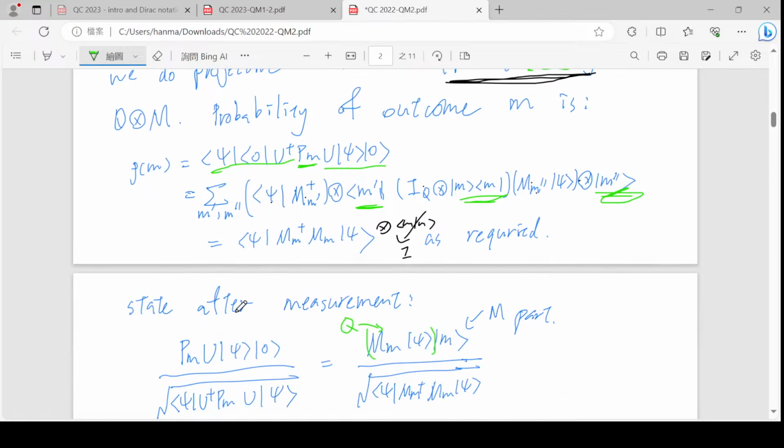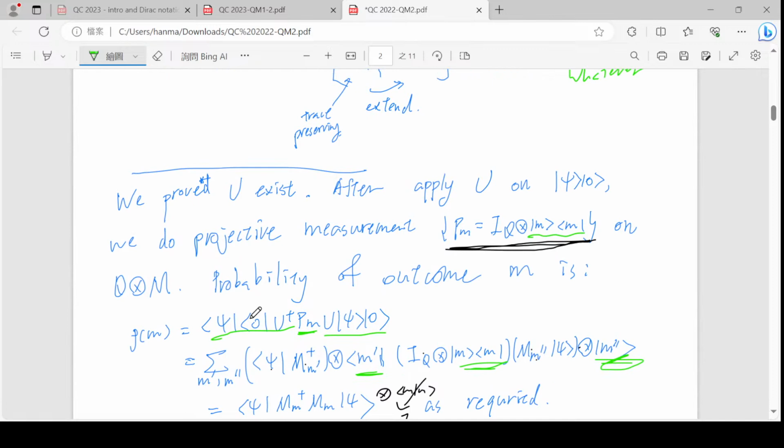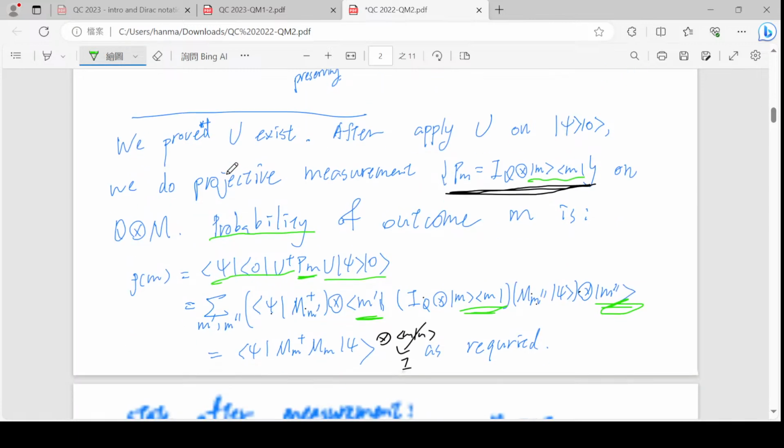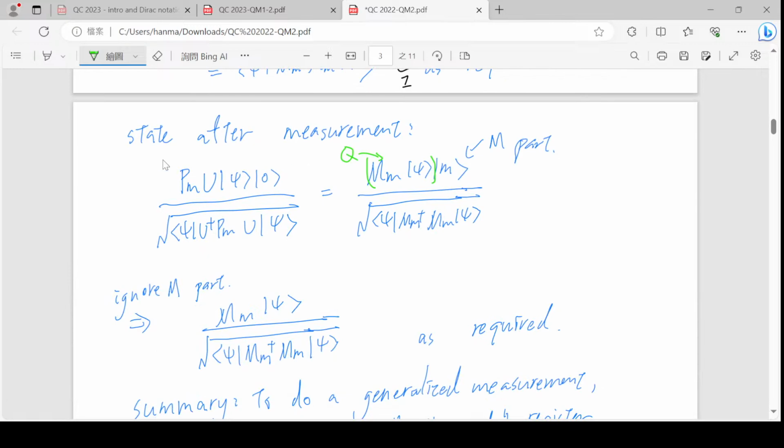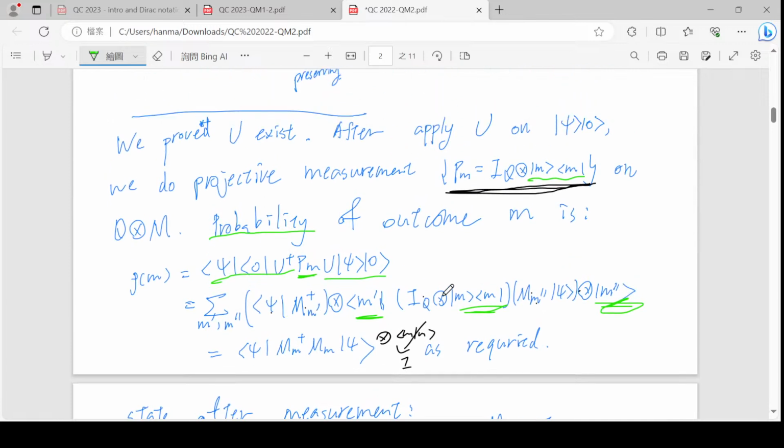So now we check everything. We want to check the probability distribution is what we would predict from the generalized measurement, and we want to check the post-measurement state is the same as what we expect. Okay, so let's check the probability. Do we check this this time? But anyway, our state, once again,